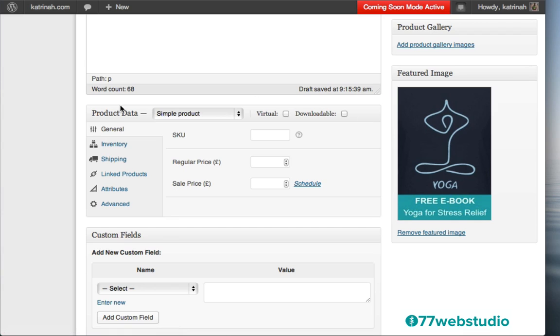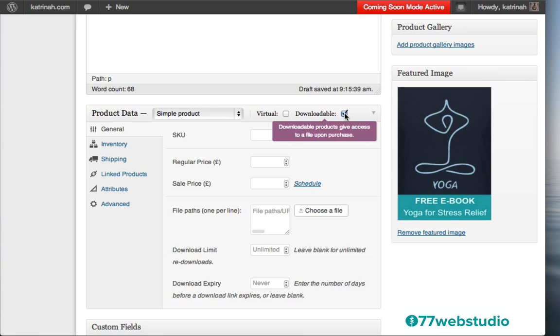The next step is we need to come over here to product data, and once again we need to select the product type. So this time when I click on this, you'll note that we've already gone over simple products and variable products, but this is going to be a downloadable ebook. So this time right here on the right hand side, and also note that when I hover over this checkbox, it says downloadable products give access to a file upon purchase. So that's perfect for my ebook.